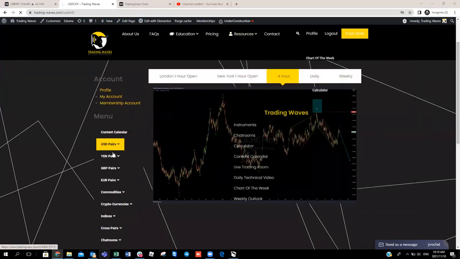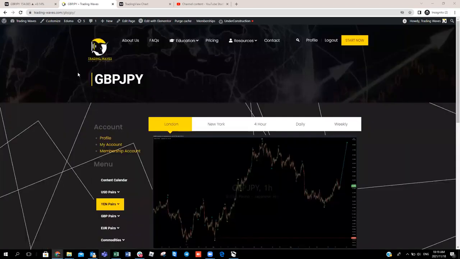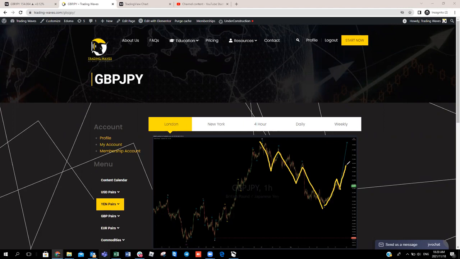Let's have a look at pound US dollar. So pound US dollar, there's this move that we're looking at here. WXY, XZ, we're looking for this to be a reaction. We've got a move here. We are around this. This is the latest London chart that was done about an hour ago. So we'll be looking for this one to push a little bit higher. If it goes up in 3 waves, like I was indicating, we could be in for a big move to the downside. Okay, because if you look at the bigger structure here on the daily,